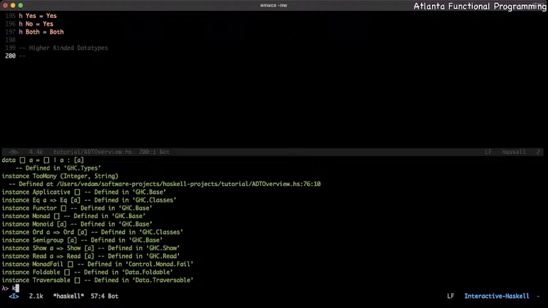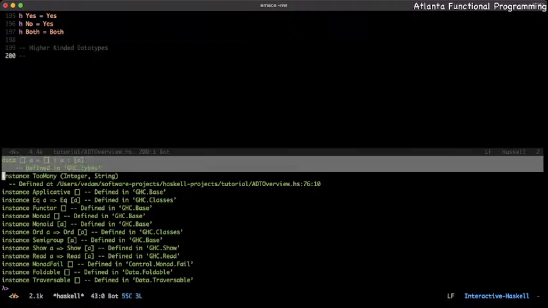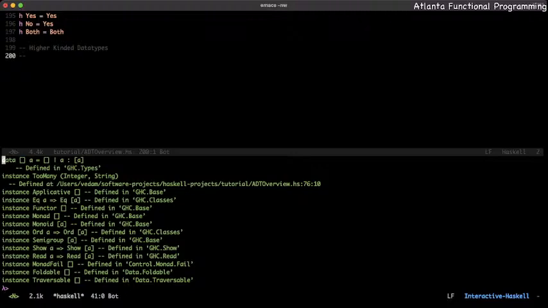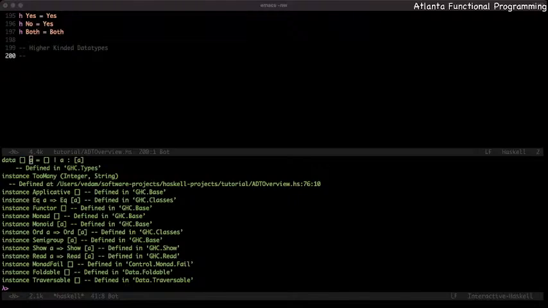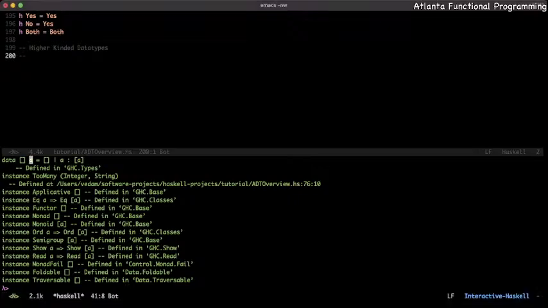As indicated here, this is essentially taking in a type variable, and it only realizes the type variable when the type is actually provided. Let me show you what I mean by this. If we pass in the empty list here,